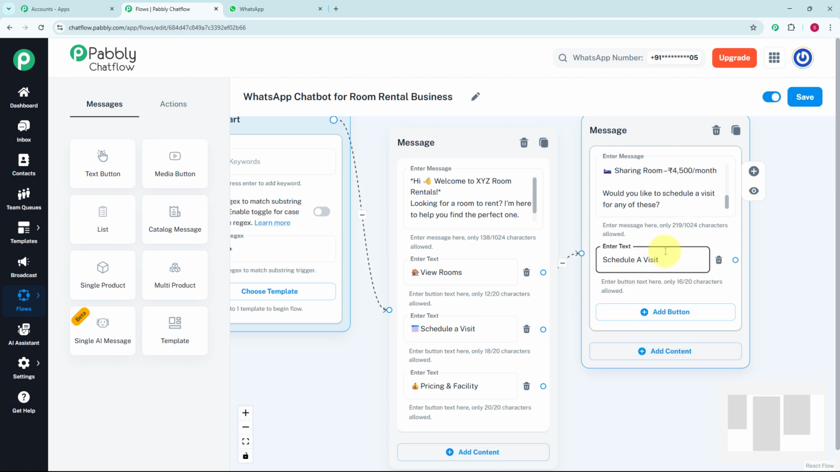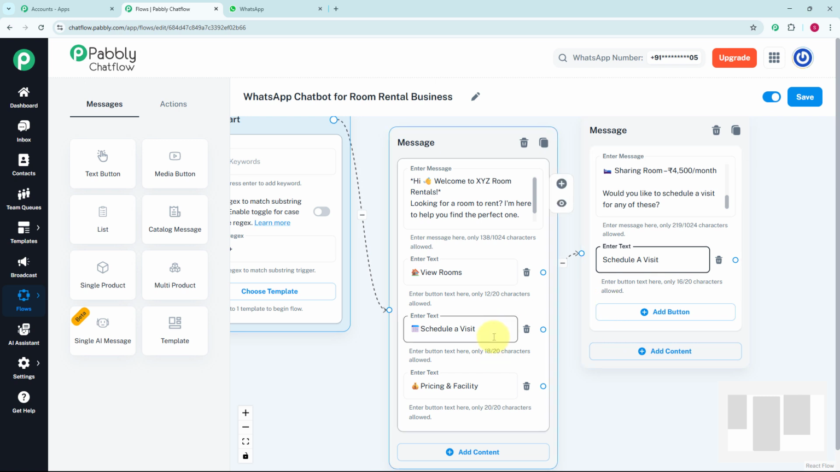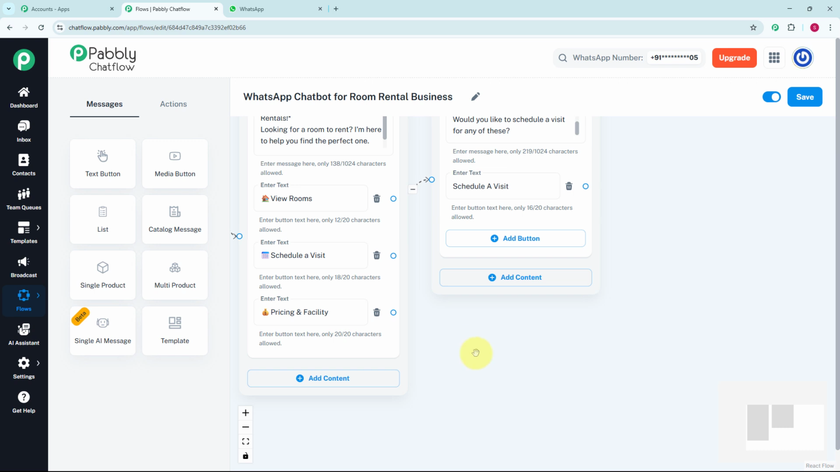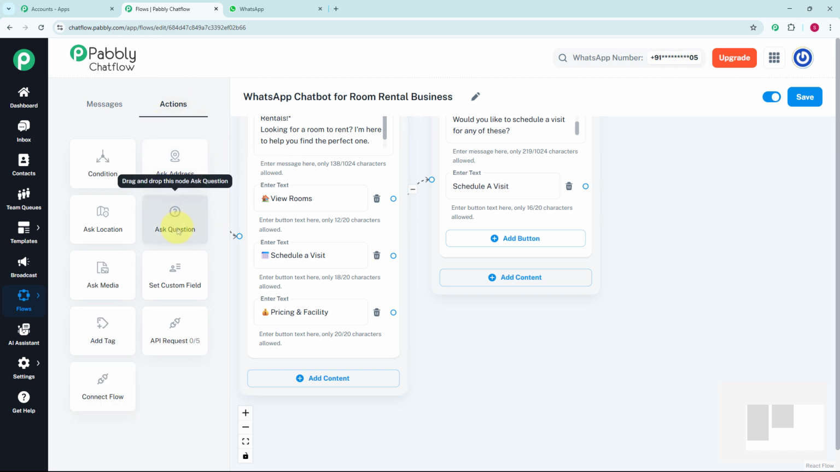Here you can see I have created this button. Now let's enhance our second button, that is schedule a visit. For that, I am going to ask some questions from my customer. For that, you just have to go to actions, and here you can see we are getting the option